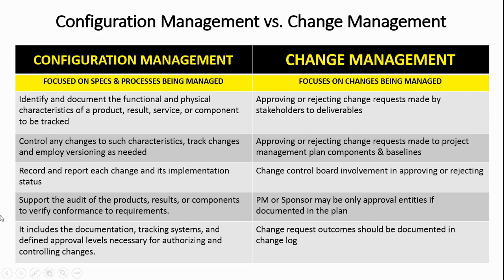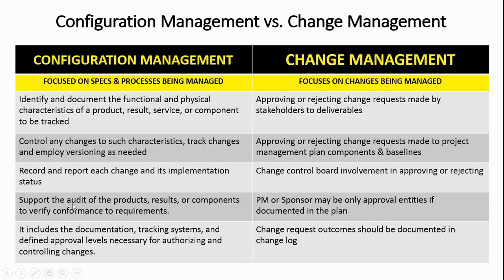So let's take a look here. On the left-hand side, we've got configuration management. It's focused on specs and processes being managed. This is where we identify and document the functional and physical characteristics of a product, result, service, or component to be tracked. This is where we control any changes to such characteristics or specs, track changes, and employ versioning as needed. This is where we record and report each change and its implementation status, and we're talking about changes to specs,